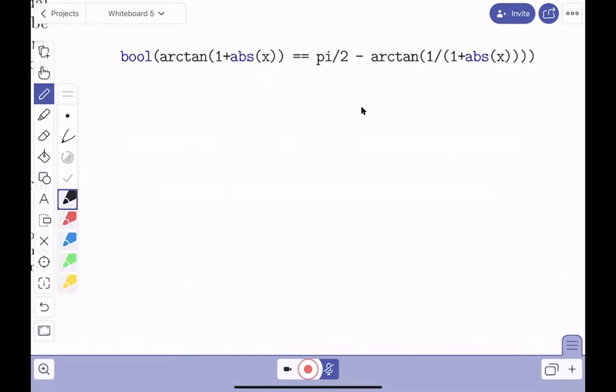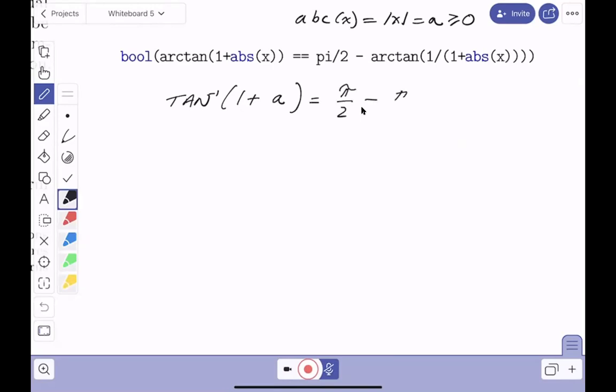And this is why when you're reading a textbook, you need paper and pencil next to you, so you jot things down. That doesn't have to be neat, but I'll write down what I'm seeing. I'm seeing the arctangent. That's why I write that down. 1 plus, well, you know what? I'm just going to say the absolute value of x, ABS of x. That means the absolute value of x. I'm just going to call it A. And what do I know about A? I know A is greater than or equal to 0. The reason for that is it's easier for me to write that down. All right, so I'm going to say A, with the understanding that A is greater than or equal to 0, is equal to pi over 2